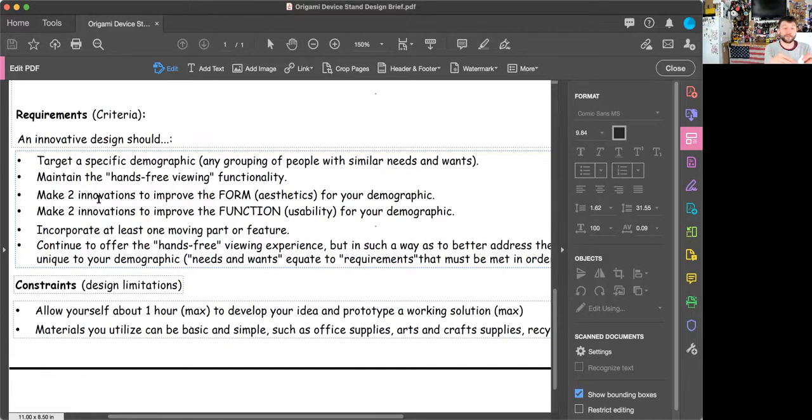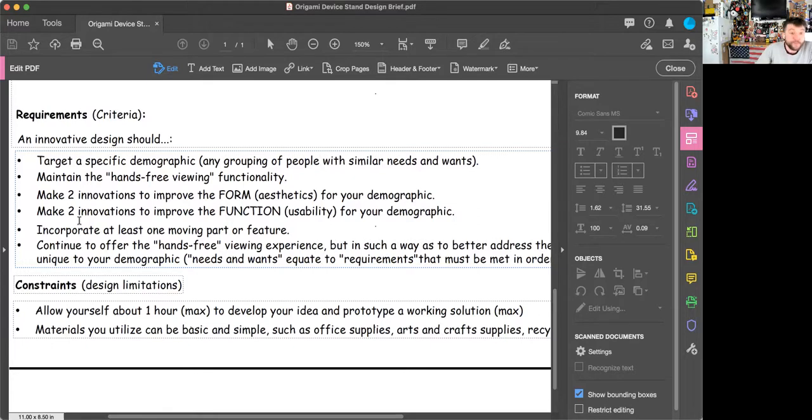At the sake of somebody copying this, we'll just say some simple example could be, if I wanted to hold a pen or a pencil on here, and I roll up a little tube of paper and affix it to the top, that could be something I could stick a pencil in. It doesn't help me with the hands-free viewing experience, but maybe it's something my demographic needs while they're around using their phone hands-free. Next,